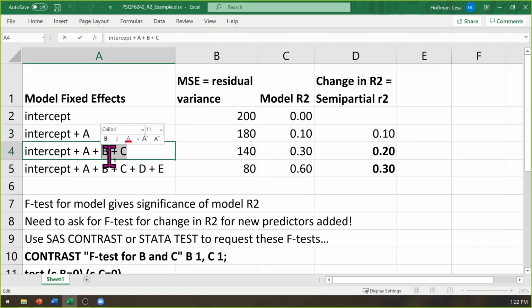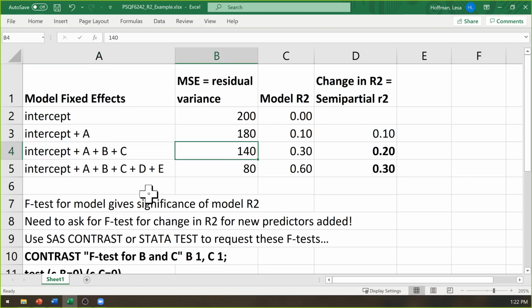Now, next step, I say leave in predictor A, add in predictors B and C. Okay, I can do that. So let's say that you do that. The residual variance goes down to 140, which relative to the 200 that you started with brings you up to an R-square of 0.3.